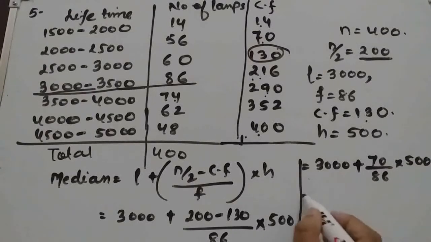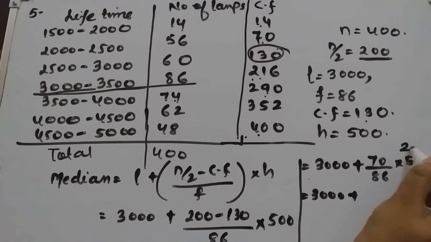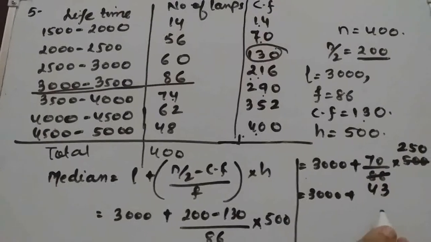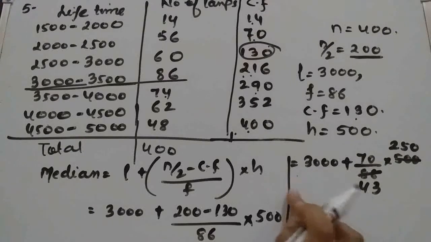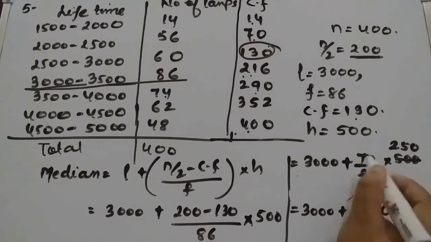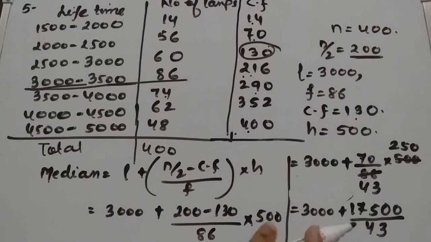So what we can do, from 500 we can cancel this, or from 2 if you want to cancel, so it will be 2 4s are, 2 3s are. Okay, so now this will become, from 7 you can multiply, 7 5s are 35, 7 2s are 14, and 317 divided by 43. So from 43 we will divide this number.